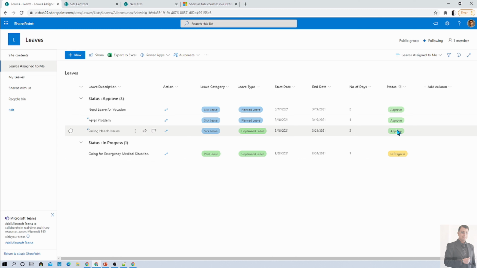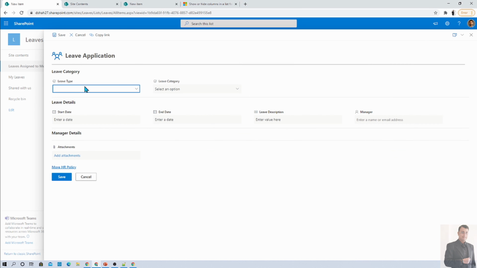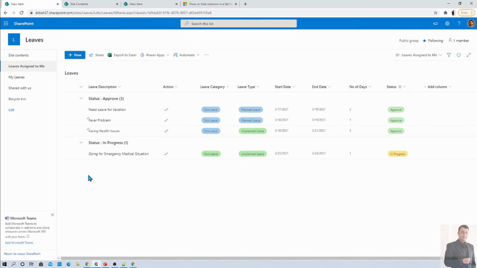So this is how we can build our leave application system. Now here you can see the different configuration pieces. The first thing is that we have customized this form. We have added the conditional logic over here. Also we have added this kind of button over here, right? So how can we achieve all of this requirement? Let's talk about that in detail.